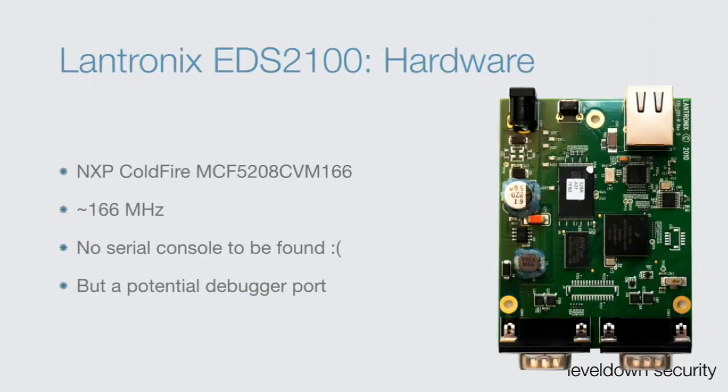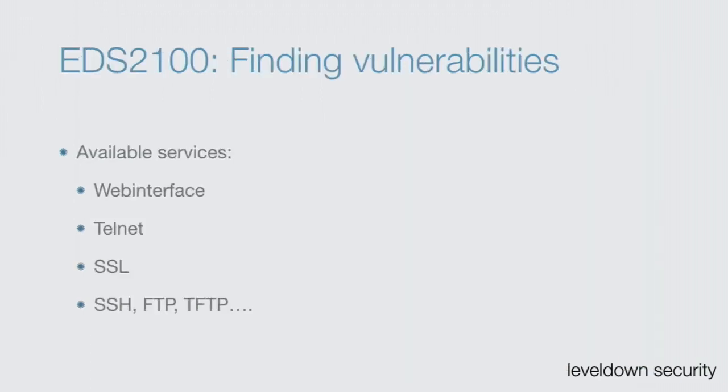And for the first time, I couldn't find a serial console. There's something that looks like a debug port, but I could not get it to debug or give me any serial console or anything at all. And I don't even know, to be honest, whether Evolution OS even has a command line or anything. I have no clue. And so this made this device much harder to look at, right? Because you still have a web interface. You have a telnet which runs with a custom menu basically, and you have SSL, SSH, FTP, TFTP,